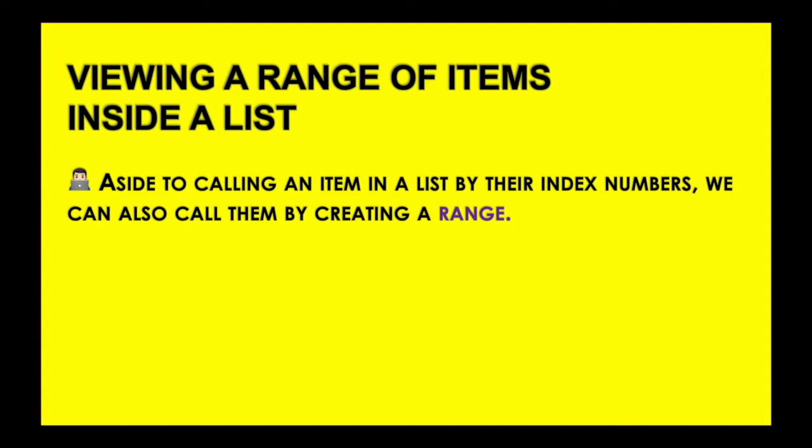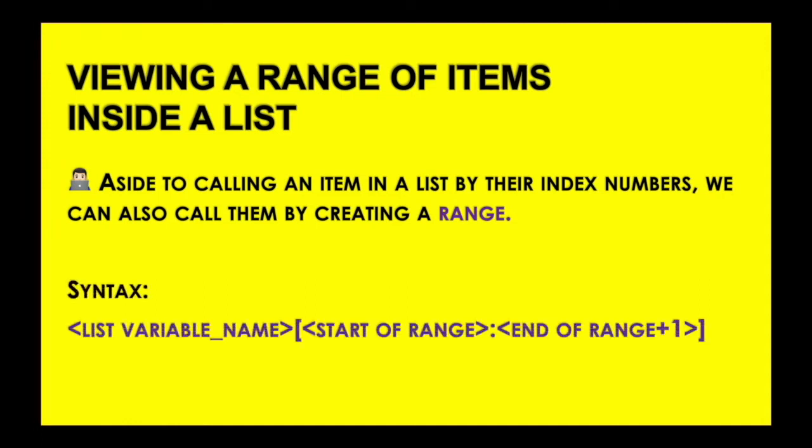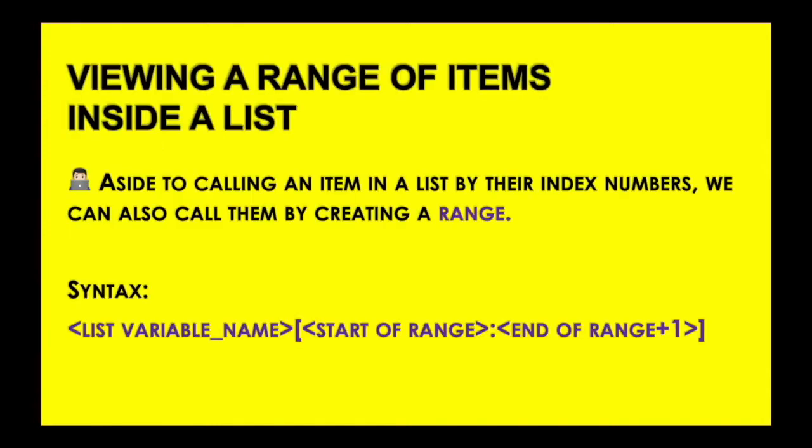Aside from calling an item by using the index numbers, we can also call items by creating a range. The syntax is: the list variable name, then the square brackets, then the start of range, a colon, and the end of range plus 1. The reason for having a plus 1 here is that the end